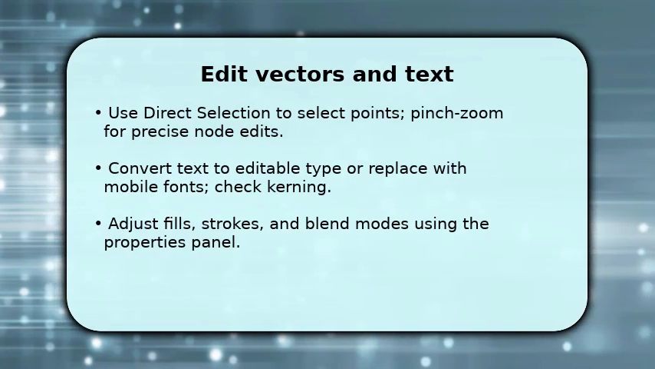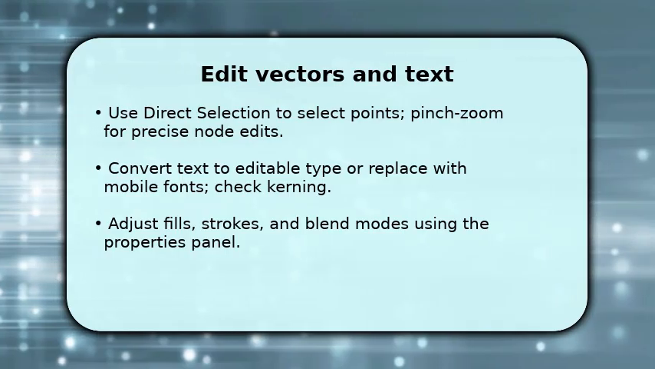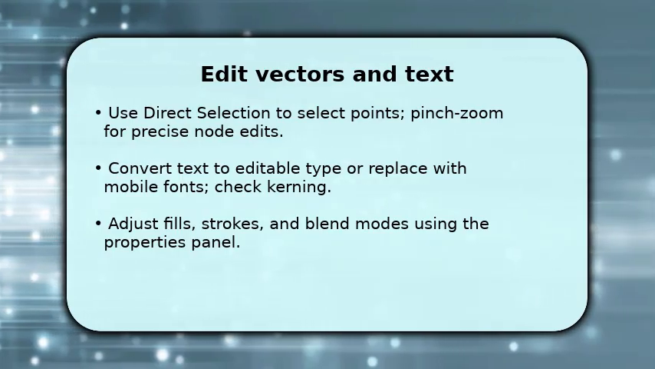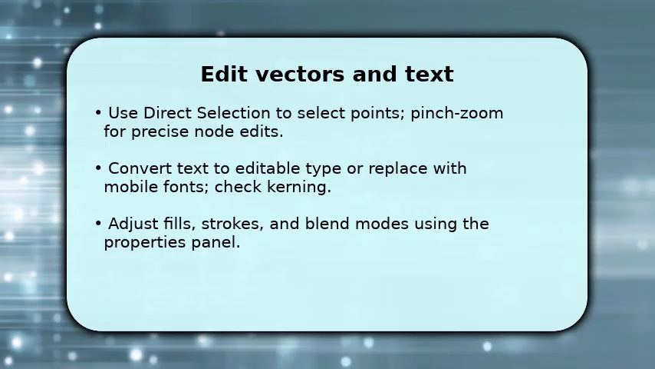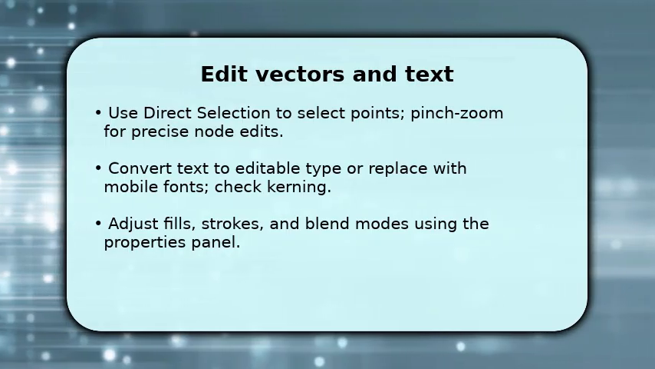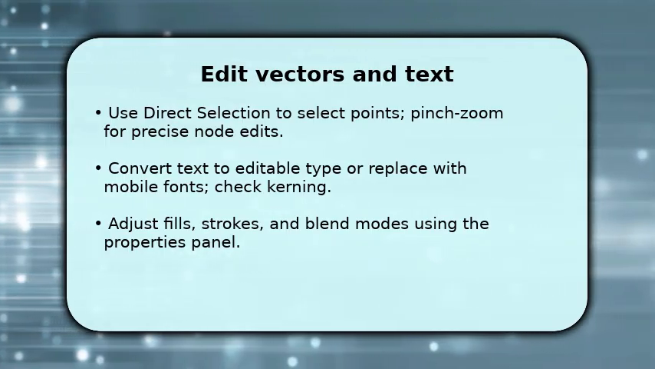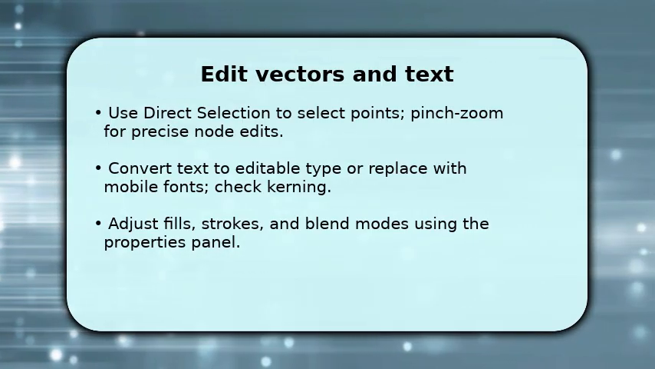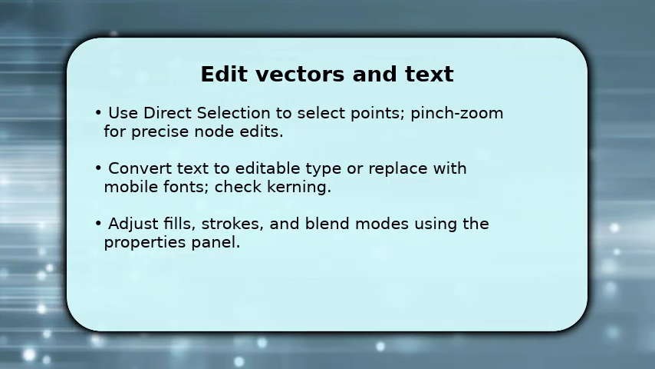You'll focus on the core edits: vector points, fills, and text. Use direct selection to move anchor points and pinch to zoom for precision. That's how you reshape paths without losing smooth curves. For text, tap to edit live type or replace fonts with mobile-friendly equivalents, and make sure kerning and line height